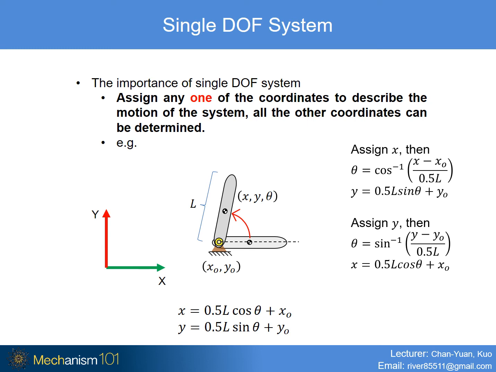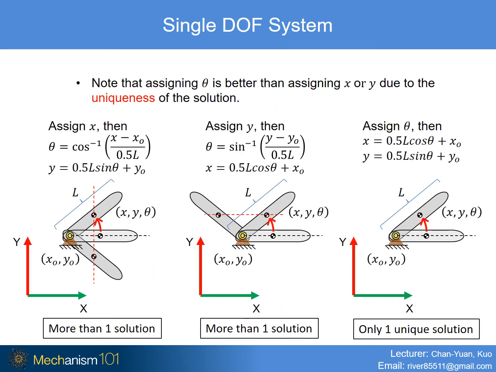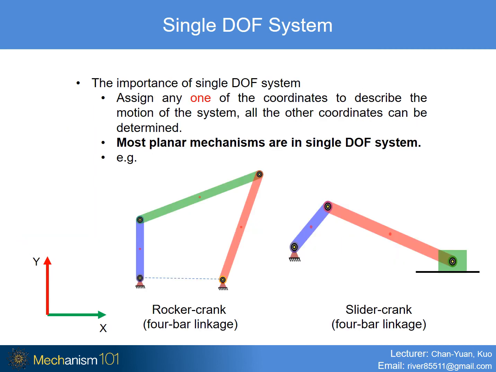Last, assume that theta is assigned, then both x and y can be directly determined by these two constraint equations. Now we have shown that for a single DOF system, once a coordinate is assigned, all the other coordinates can be determined. Also note that the assigned coordinate matters since it affects the uniqueness of the solution. In this example, assigning theta is much preferred over x and y because assigning x and y results in more than one solution. The other reason why the single DOF system is worth mentioning is because most planar mechanisms are single DOF systems,